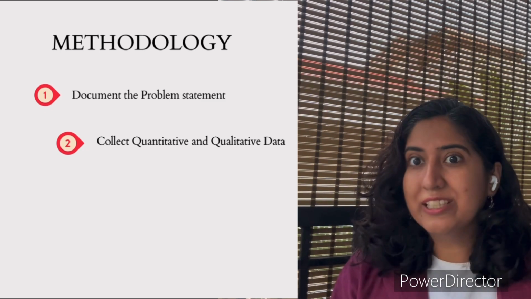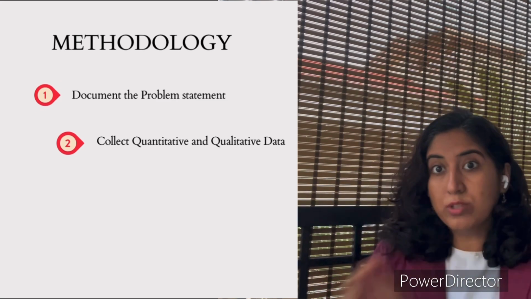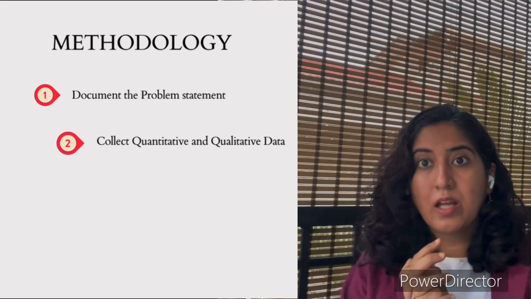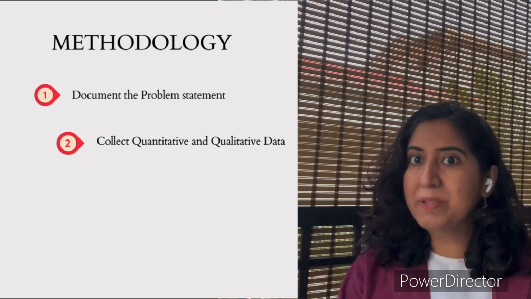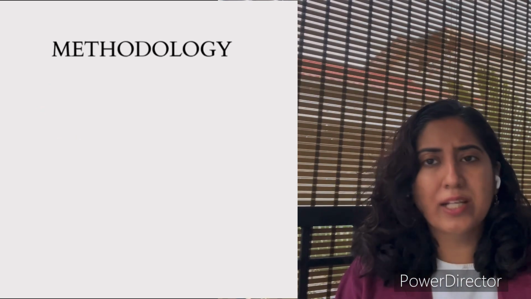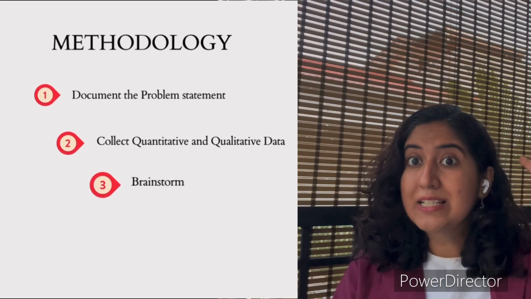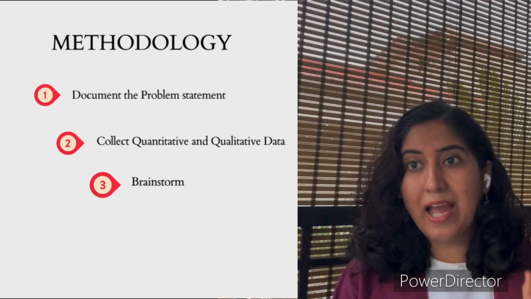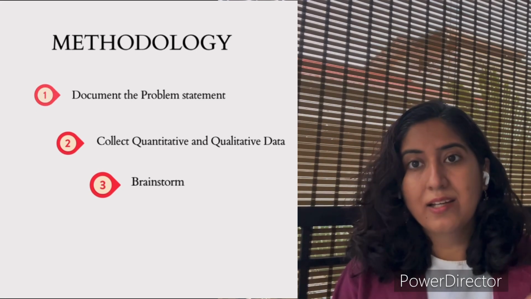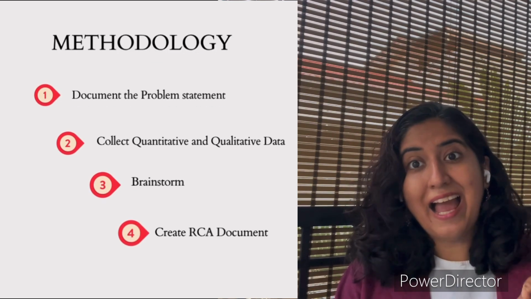You could also collect the quantitative feedback like how many orders were lost due to 30 minutes of downtime. How long has the problem existed? What are the previous solutions that people have tried? Anything that you can make sense of the problem. Step 3. Sit down with colleagues and brainstorm ideas either in a fishbone or in a 5 why format and prepare